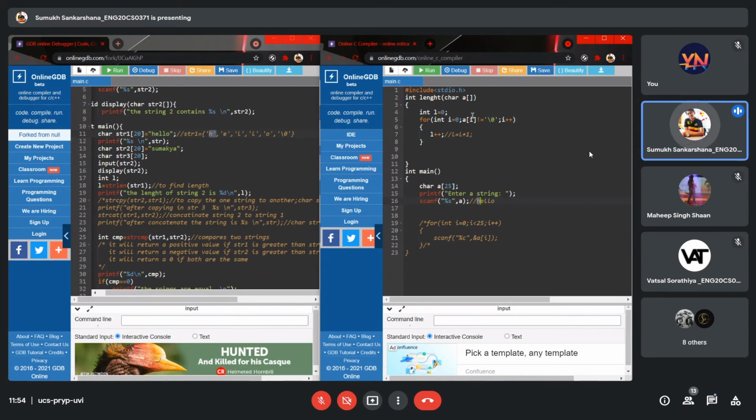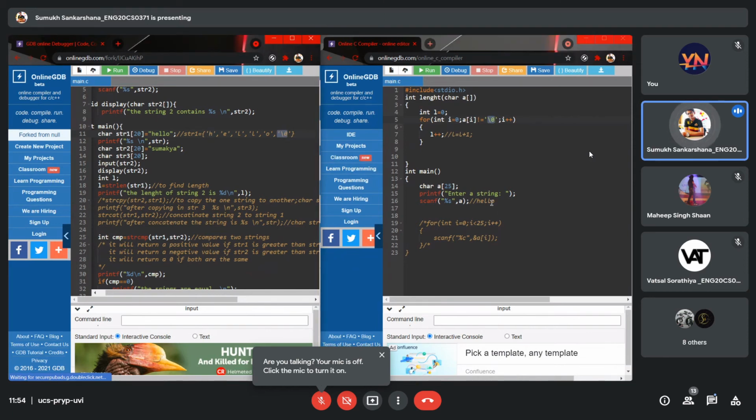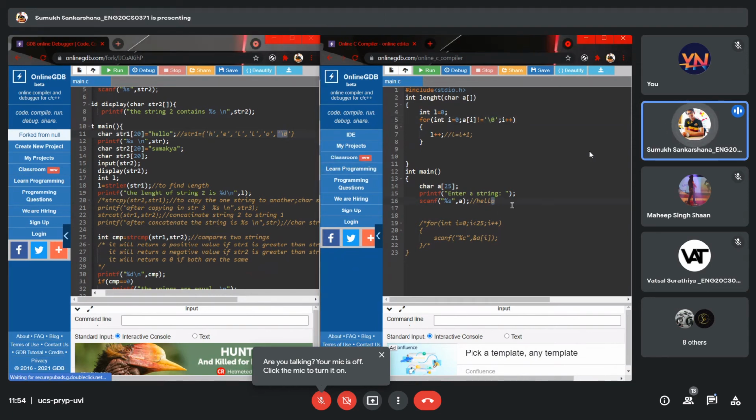That is e, which is not equal to the null character. It continues like that till it reaches the null character, which is right after the small o over here. After it counts the small o, it goes here. Now it finds a null character at position 6, index 5.